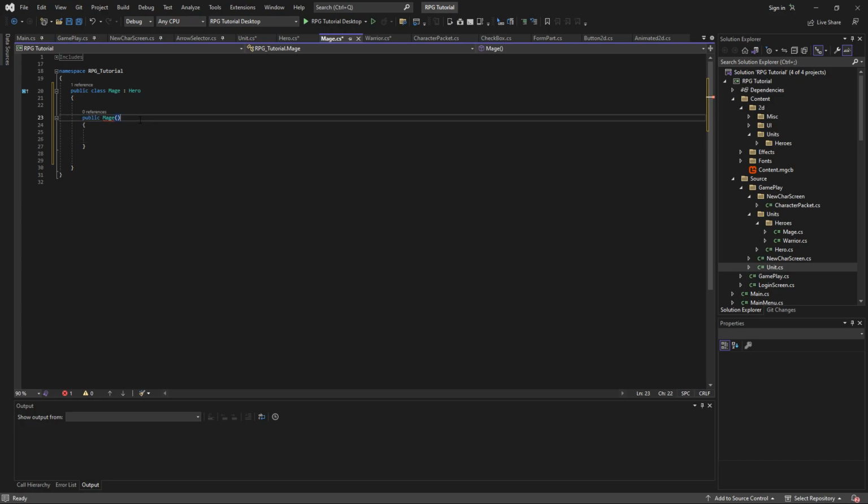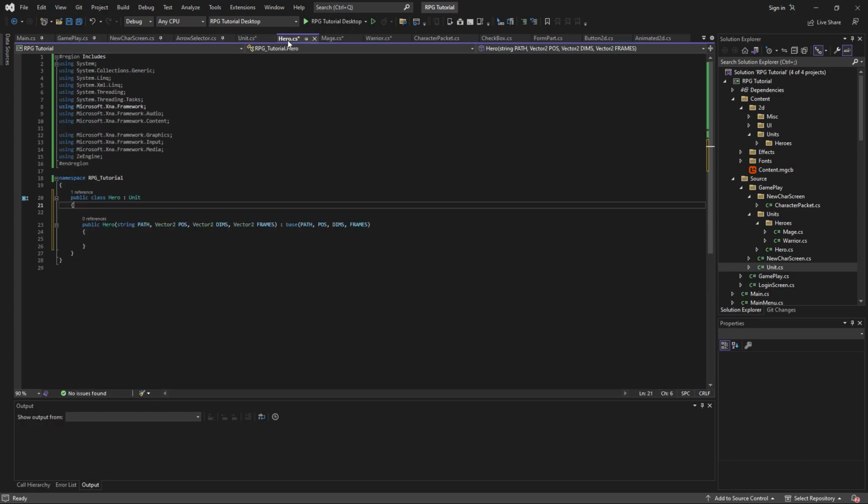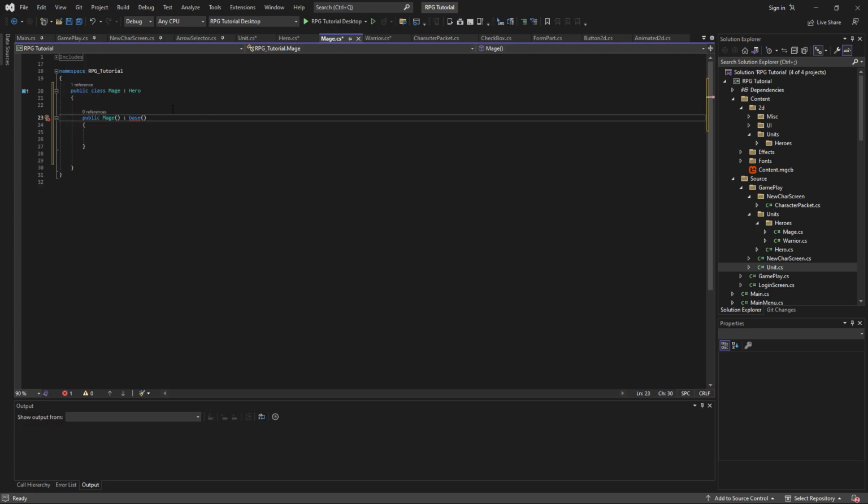Sometimes it just doesn't do what I want. Okay, and we have base, but okay, so we're gonna do a little different here. So we know for hero we need a path, a pose, a dims, and frames. So mage is gonna have a set path, so we don't need to pass that in. We will need to get its position, so vector 2 pose. We will need to get its dimensions, vector 2